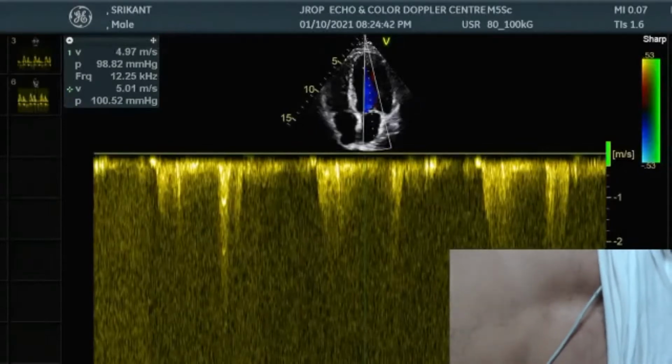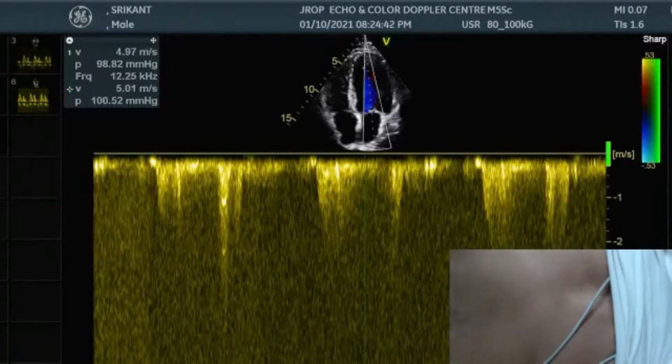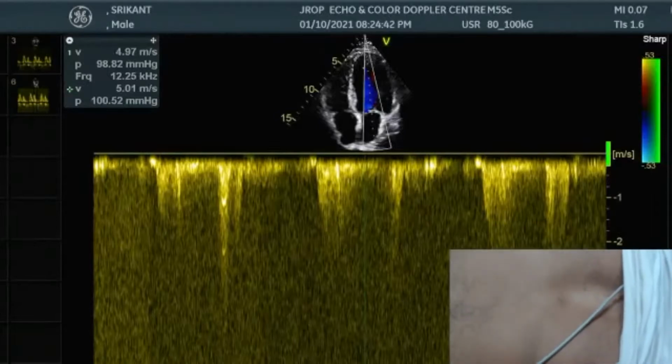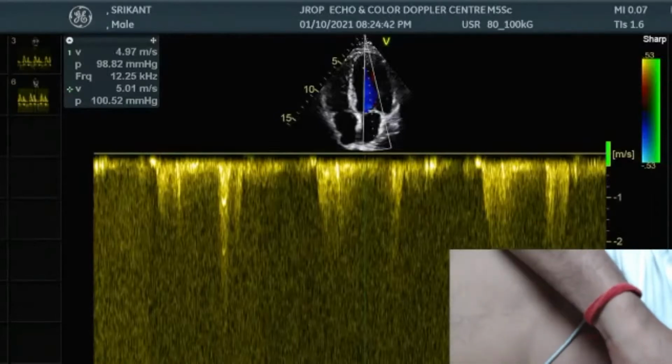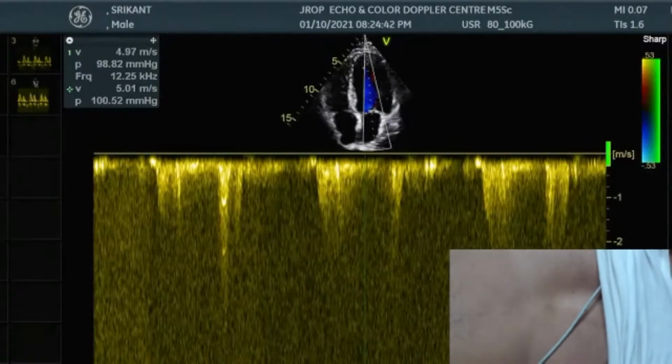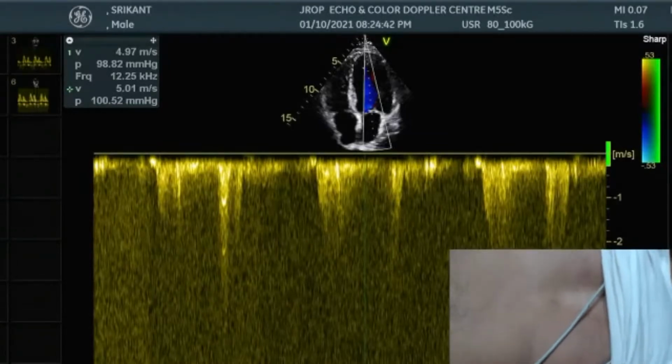Sir, if there is no MR, then how can we see the blood pressure? A majority of the time you will find MR. Take my word. No, I said, what is the idea? Why don't you measure by a sphygmomanometer? Why do you always want to take the help of a jet of MR or AS or anything? No, sir, I was asking about the clinical use of MR because TR Z is mainly used for PH. It's a lot of clinical use. When the chapter on MR comes, all the clinical uses will be told. Don't worry.